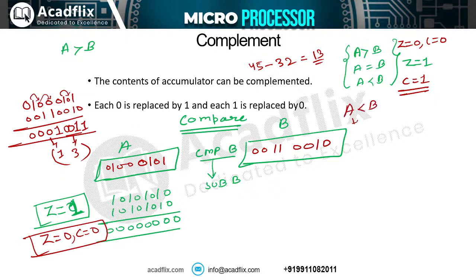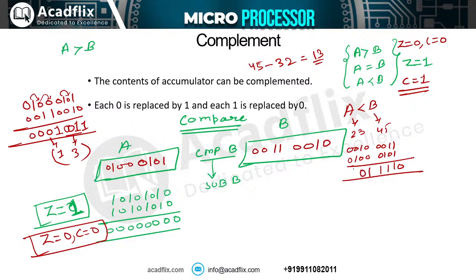Okay, let us take some value. Let us say A is 23 and B is 45. 23 means 0010 0011 and 45 means 0100 0101. When you subtract these two values, you get the answer: 1 minus 1 is 0, 1 minus 0 is 1. 0 minus 1 we cannot subtract, so we will take a borrow. 10 minus 1 will be 1, 1 minus 0 will be 1, 1 minus 0 will be 1, 0 minus 0 will be 0.